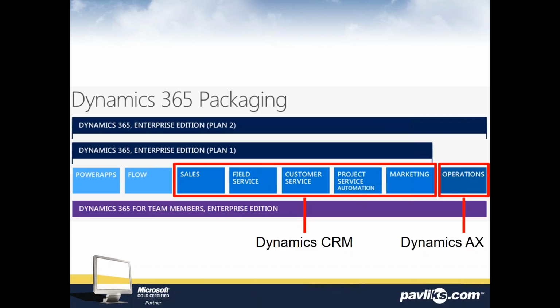And what this allows for is flexibility in your organization, so you can have different people have different access to different apps. So your salespeople may only access the sales app, your customer service people only the customer service app, and maybe some people access multiple apps. If you're going to access multiple elements of CRM or Flow or Power Apps or operations, and operations really is Dynamics AX, then you want to look at getting a plan. So you can license a user for a plan or for an individual app.